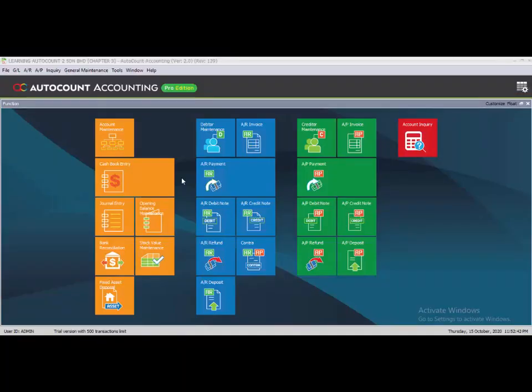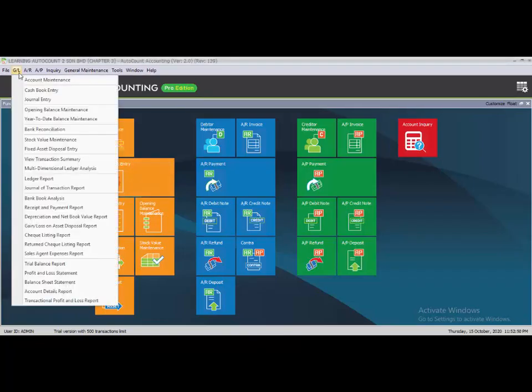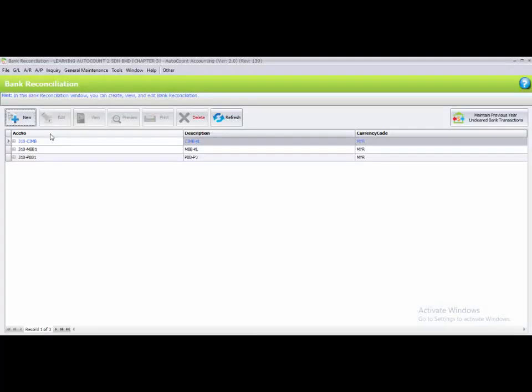Task 3.9 Bank Reconciliation. To record bank reconciliation, you have to go to GL and Bank Reconciliation. The first instruction says to create a new bank reconciliation for 310 CIMB on 30th of April. So you have to choose CIMB Bank here, and to create the bank reconciliation, you have to go to New